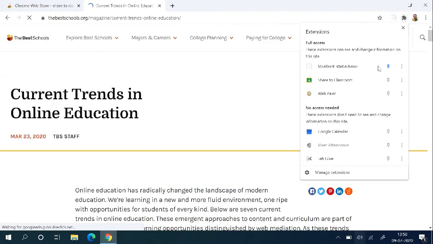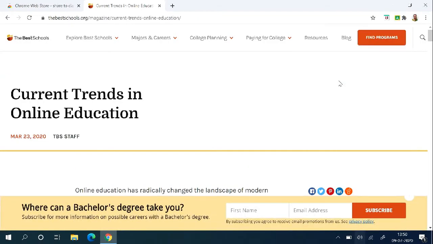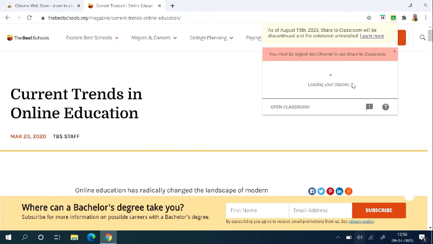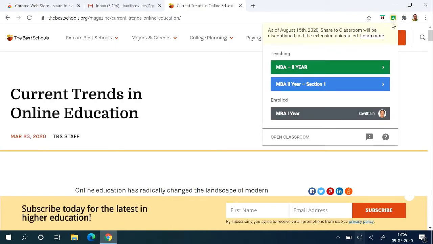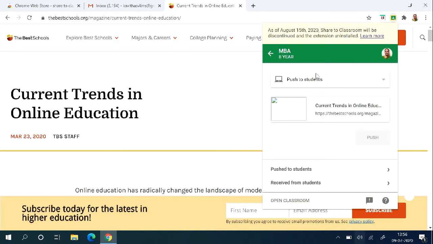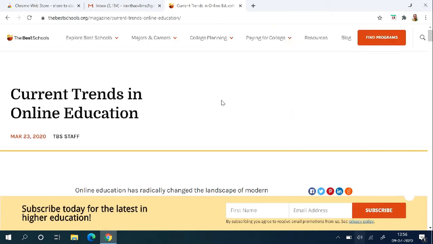So let me go to my extension, where I have Share to Classroom. As soon as you click Share to Classroom, it will display whatever classes you have in your classroom. You can choose one class and share this with them. Click push to students, and it will push it to them. This is the way you can use Share to Classroom.